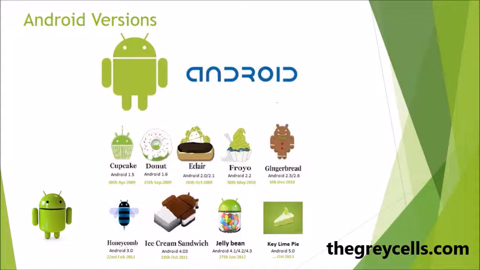Android 2.3, 2.6, that is Gingerbread, was released on 6 December 2010 with features like improved UI design, support for near-field communication, also known as NFC, new download manager. Android 3.0, that is Honeycomb, was released on 22nd Feb 2011 with features like tablet support, system bar, action bar. Android 4.03, that is Ice Cream Sandwich,